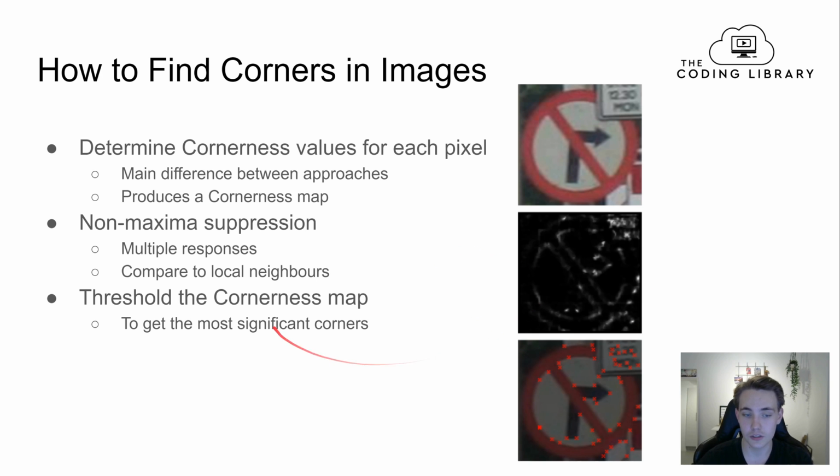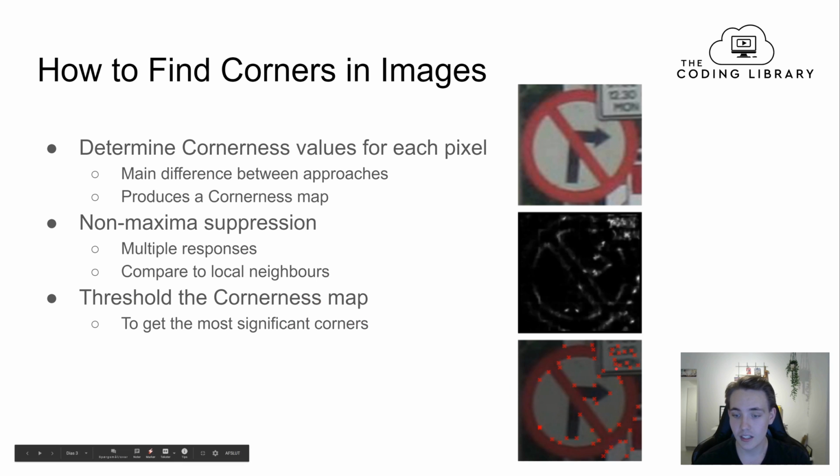So when we have this non-maxima suppression where we can compare them to local neighbors, we can apply this threshold to the cornerness map. We apply this threshold by setting up a threshold value, and if they're over that value, we will accept it as a corner, and if it's under that threshold, we will reject it as a corner. So by using this threshold on the corners map, we get the most significant corners, as we can see over here. We don't detect every corner in our image after the non-maximum suppression, but we can